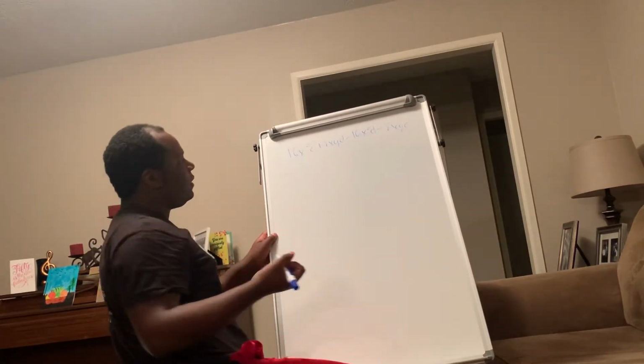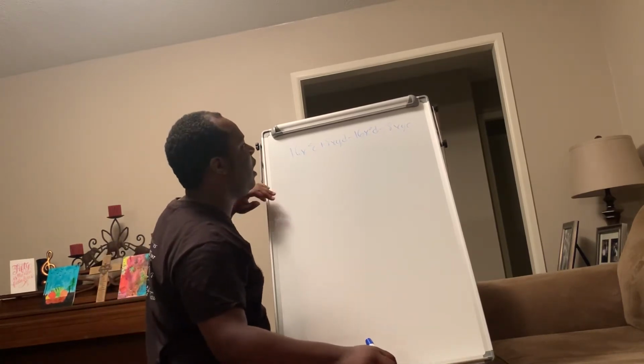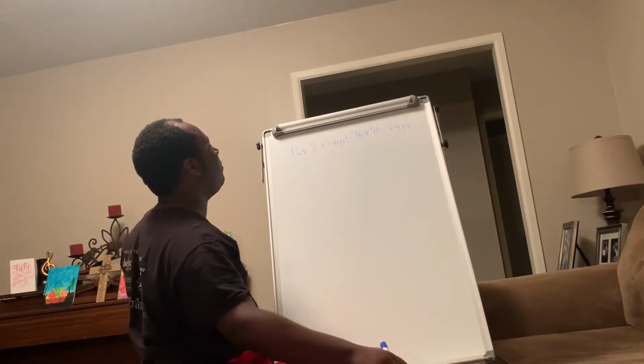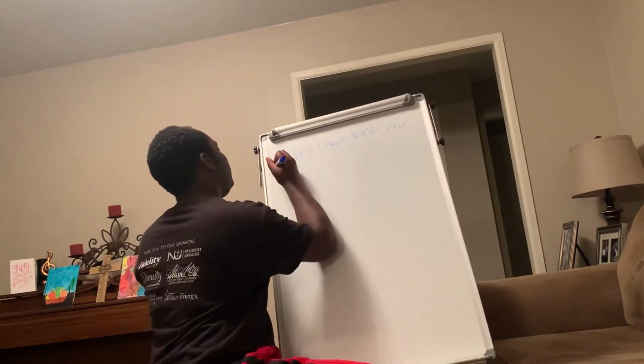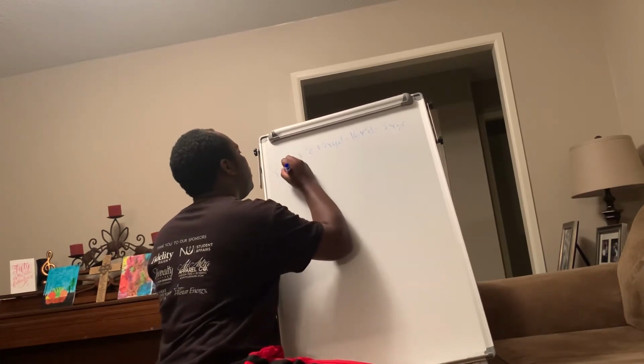Okay, so out of all this, we can take 8x out. You can take 8x out of all of this. So we'll be dealing with a lot smaller and a lot cleaner of a number. So we take 8x. And we're left with